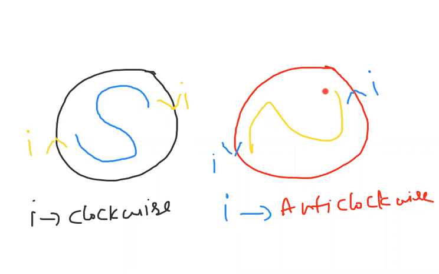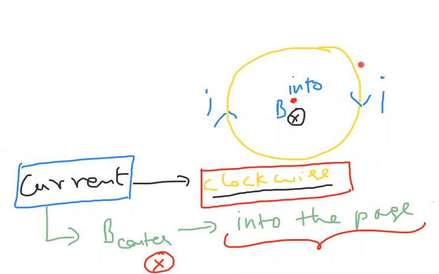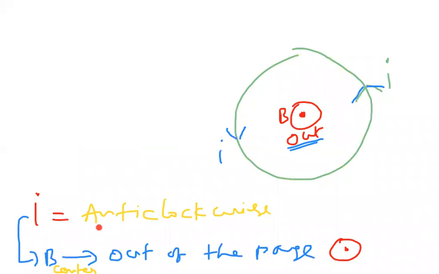For circular current carrying conductors, this is the basic information to be noted. I hope you are clear with this. Circular current carrying conductors and magnetic field connection, that is, the magnetic field directions in different situations. Current clockwise, magnetic field into the page at the center. Current anti-clockwise, magnetic field is outside at the center.